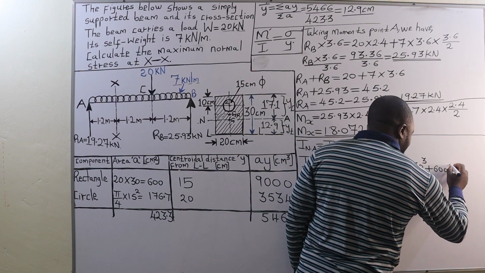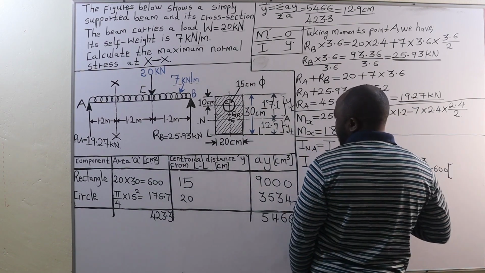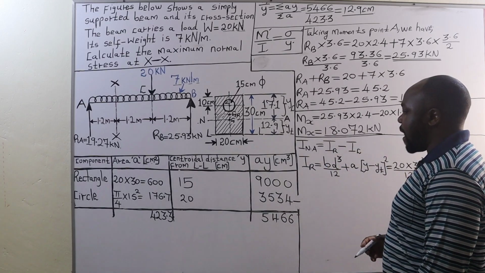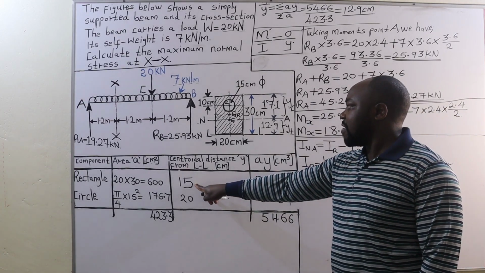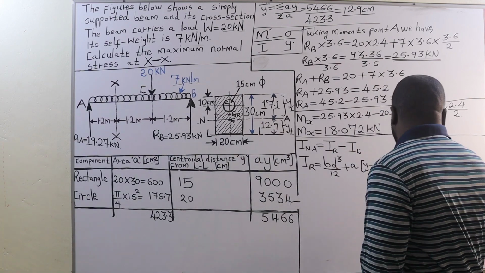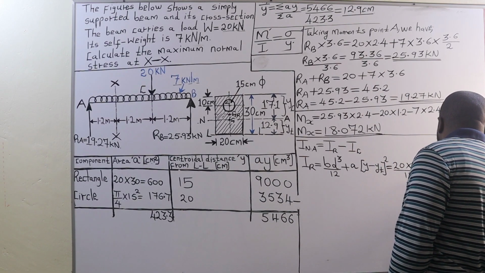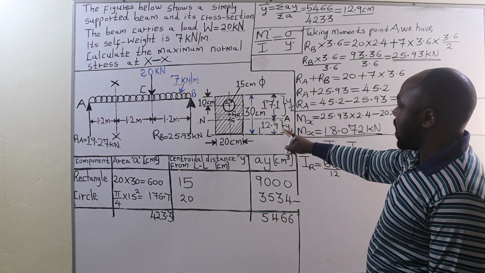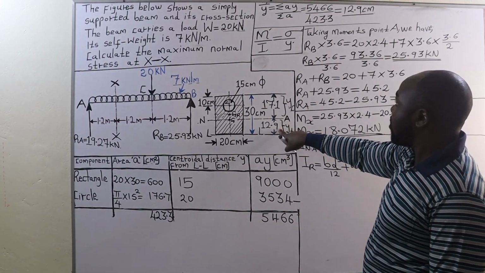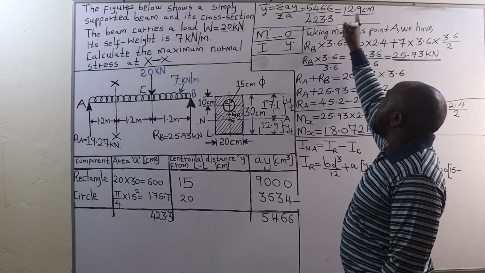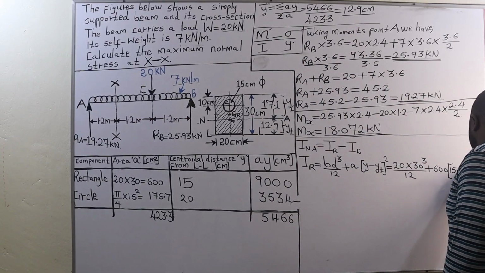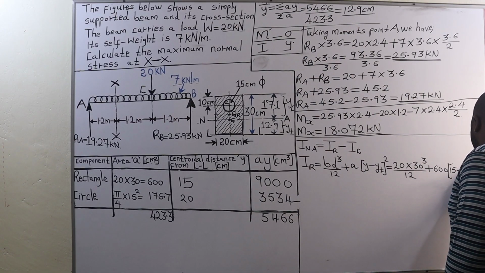Therefore, 600 square centimeters into y for the rectangular section is 15, or half of 30. Therefore, you have 15 centimeters minus yt, which is 12.9, or in other words, bar y, 12.9 centimeters, and then